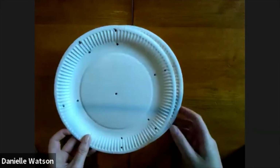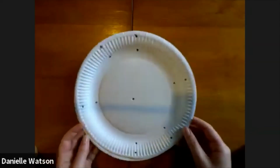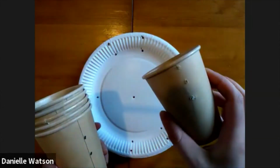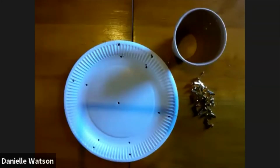So now we've got 2 paper plates, each with 13 holes in them, and we've got 6 paper cups, each with 2 holes on either side. And we're ready to start making our water wheel. I'm now going to start to make the water wheel. To do this, I'm going to attach each cup to the first plate